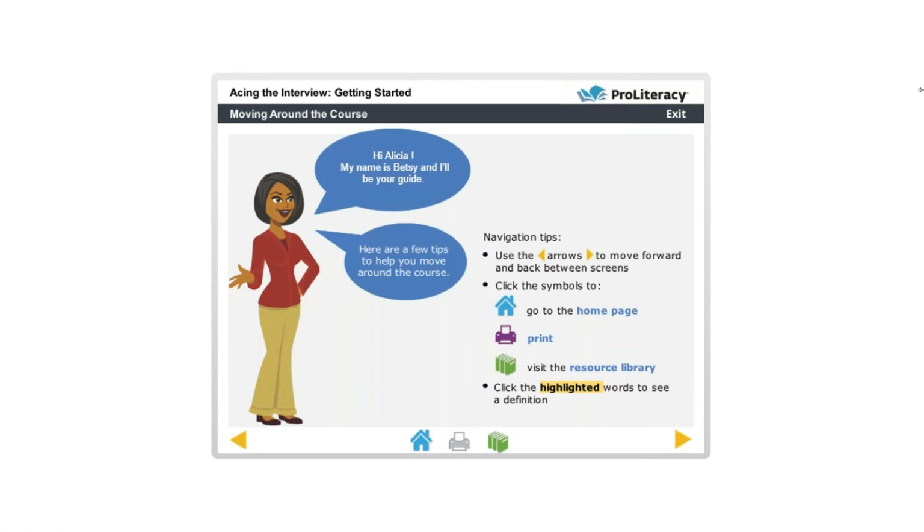So you can see that they have the gold arrows on the bottom right and left. They use those forward and back arrows to move between the slides. They can click on the house button on the taskbar at the bottom. That's the little blue house. And that will bring them back to the home page at any point. They can also click on the exit, which is up in the upper right, if they want to leave the